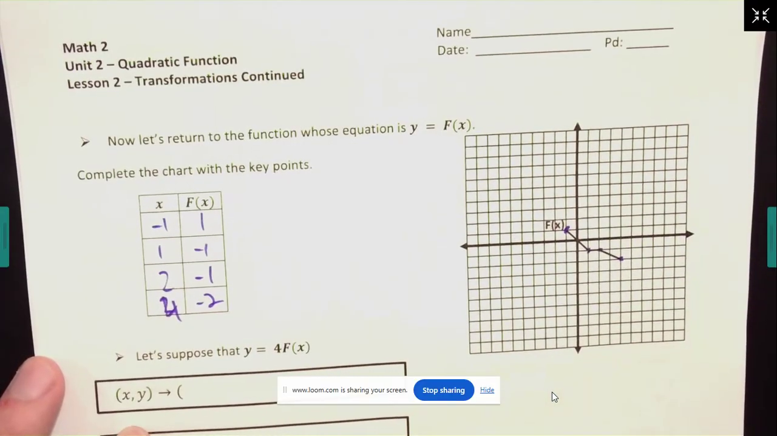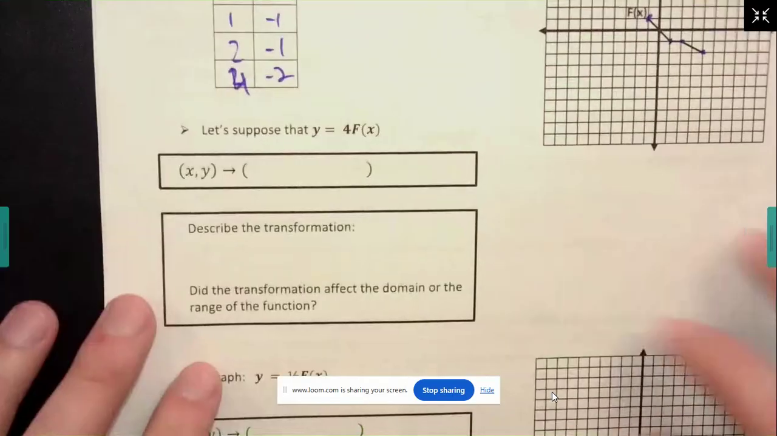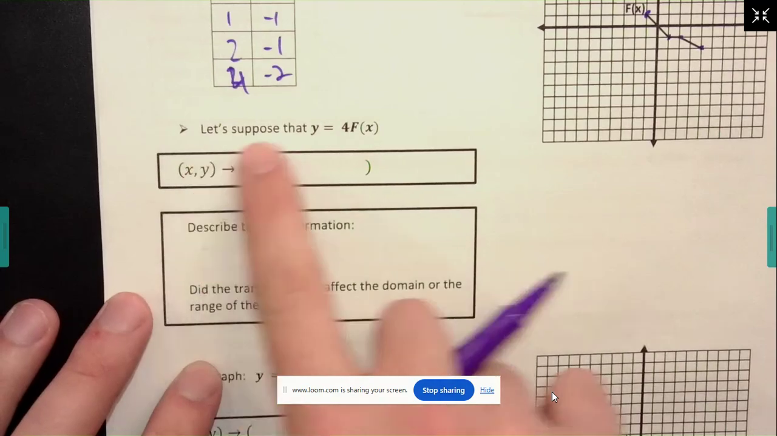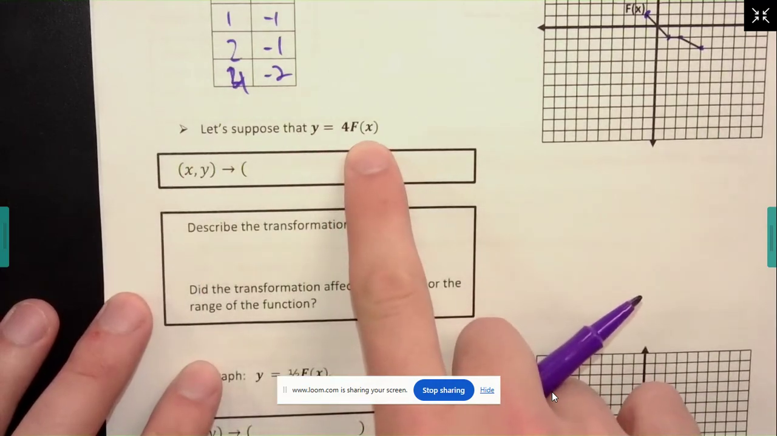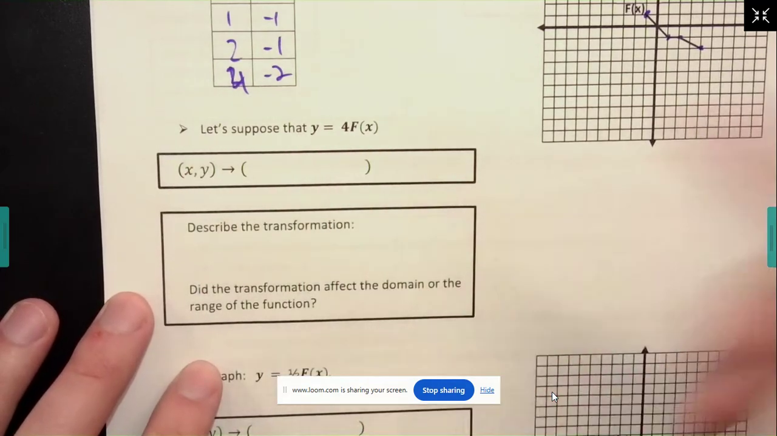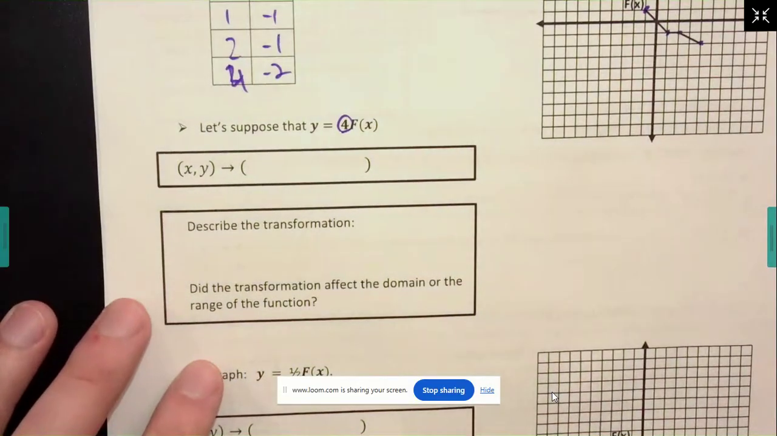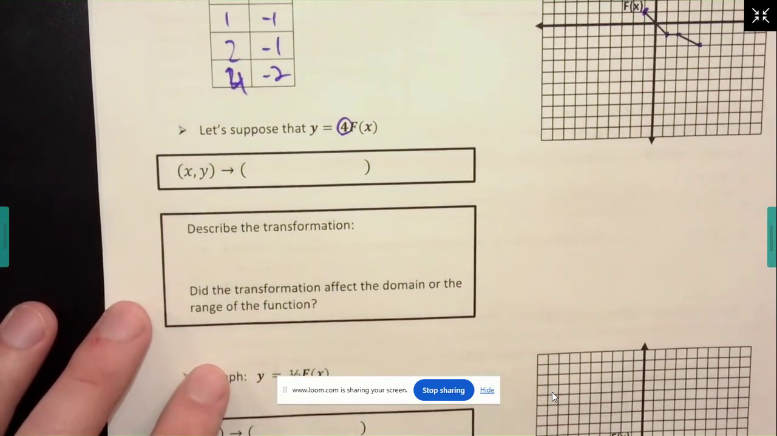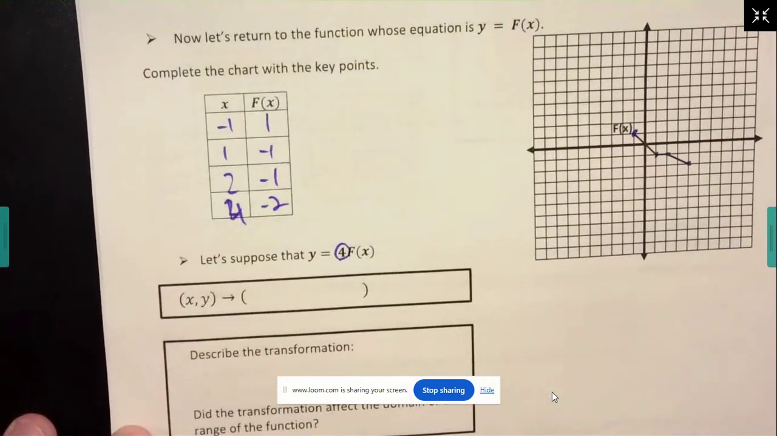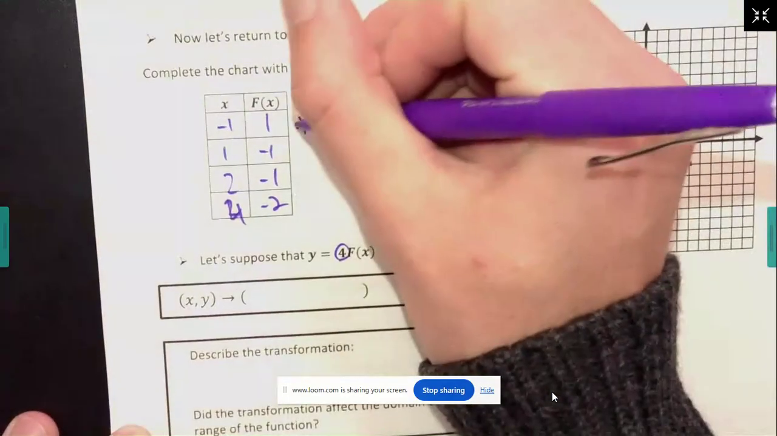Okay, so we have something new here. It says, so let's suppose y equals 4x. Okay, so this 4. What's it doing to the f of x? Well, it's multiplying by 4, right? And notice how it's on the outside. So that'll come into play in a sec. So if these are my f of x's, if I multiply them by 4,